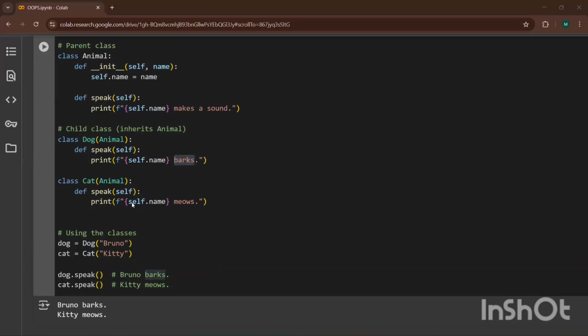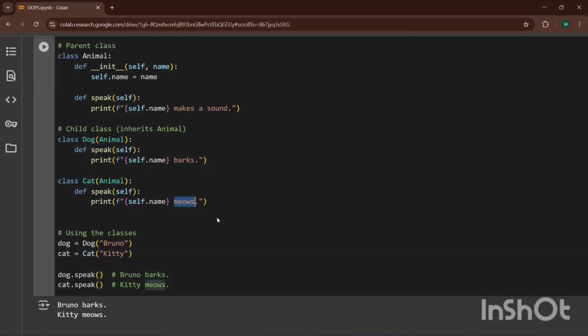And I'm not inheriting this method now; I'm rewriting it, if you guys can see. I'm changing it. So for Dog I will get barks, and for Cat, Kitty meows.